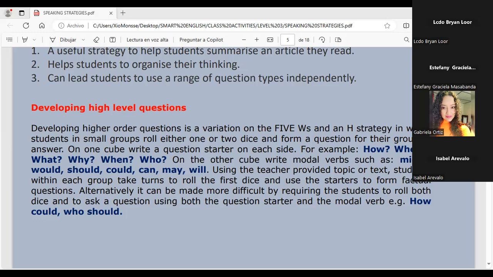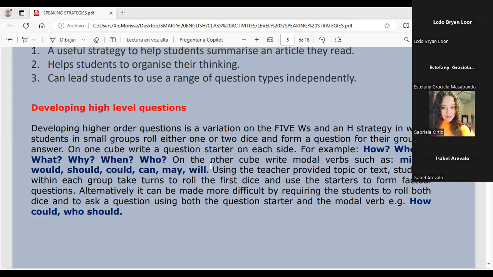How did it happen as in the square that was in the last slide? They look for the information in that kind of answers that were in the article. So in that part, the students made them work in that part. Yeah, you can do this. You can use these dice in every activity